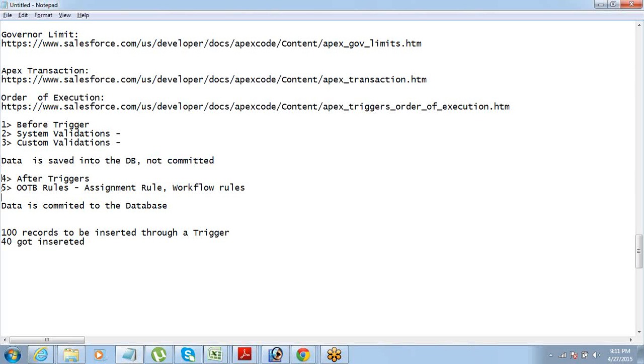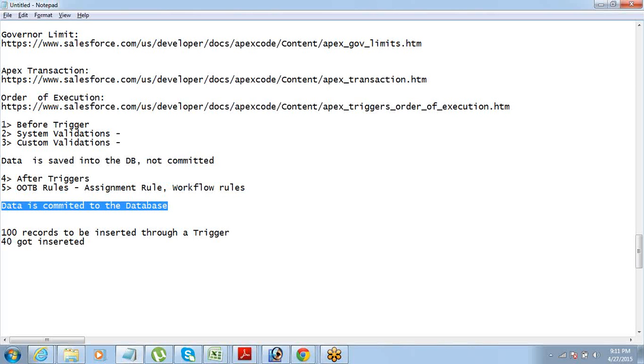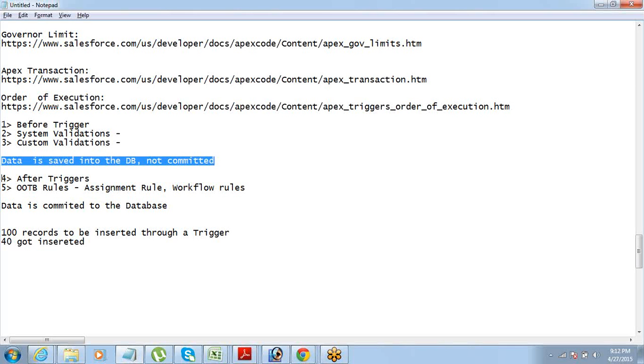Only when all the records in the transaction go through this stage, then the DML operations are committed to the database. When it finds that this entire transaction is okay, there is no scope of rolling it back, then the data commitment happens. The DML statement is committed only at this stage for all the records at once. Any rollback should happen from here. Clear on this? So that is the order of execution, right? After this data commitment, while we are talking about workflow rules,